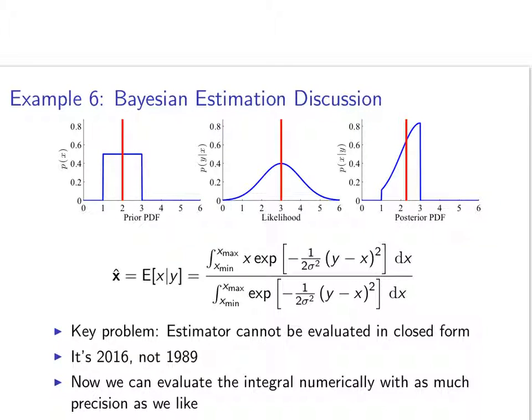Unless it's multimodal and you want to track a mode or pick a mode or you're worried about outliers or something else. But in most cases, most of the tracking algorithms are trying to find the mean of the posterior. You've all probably at least heard of the Kalman filter. And the Kalman filter is trying to estimate the mean of the posterior PDF.